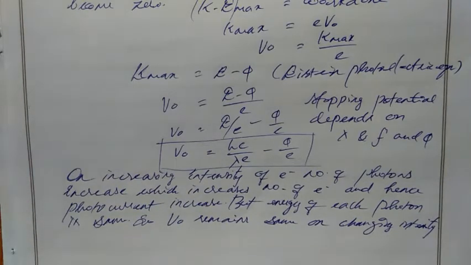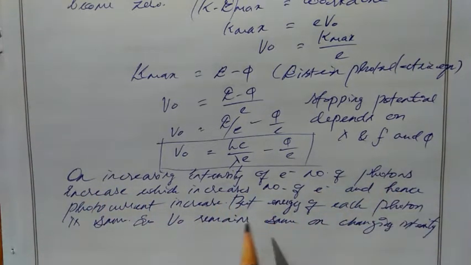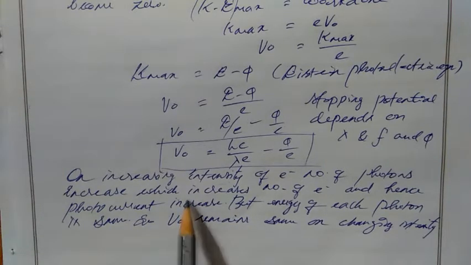We know that on increasing the intensity, which means when we increase the brightness of the light, what will happen? We have to increase the number of photons. If we have a 30 watt bulb and a 60 watt bulb, which one has more photons? Exactly, the 60 watt bulb has more photons compared with the 30 watt bulb. So when we increase the brightness, the intensity, our photon number will increase, and so will the number of electrons, and hence the photocurrent increases.